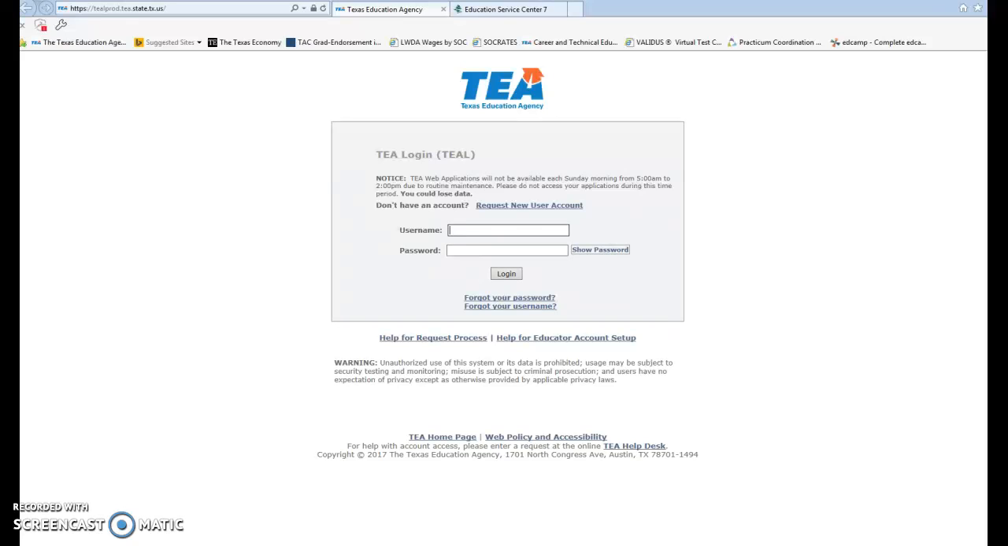Okay, if you're going to go in and access your Carl Perkins grant for CTE, some things have changed. They've kind of reworked the system a little bit, and so it looks a little differently than it has looked in years past. So if you go to the TEAL login page and go ahead and log in,